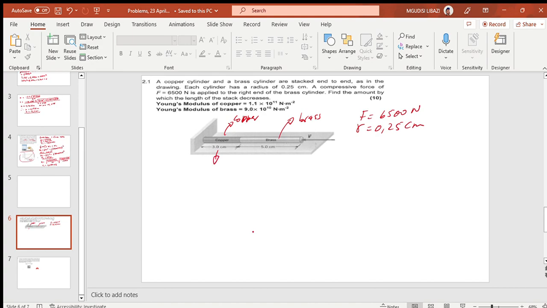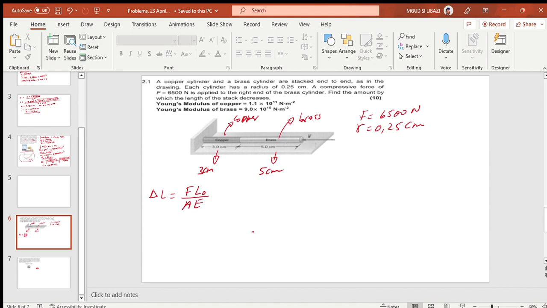So you can see here we have 3 centimeters for copper, and then for brass we have 5 centimeters. So we want the amount by which they will decrease. So we know that the change in length is the same as force multiplied by initial length over area multiplied by